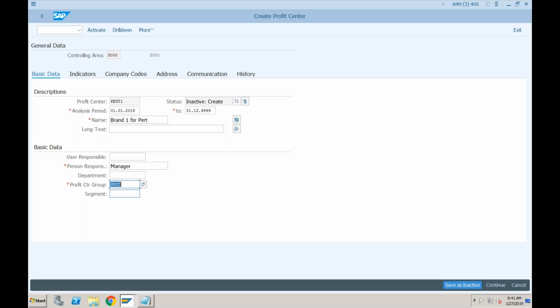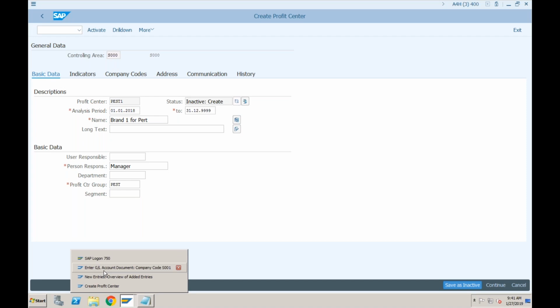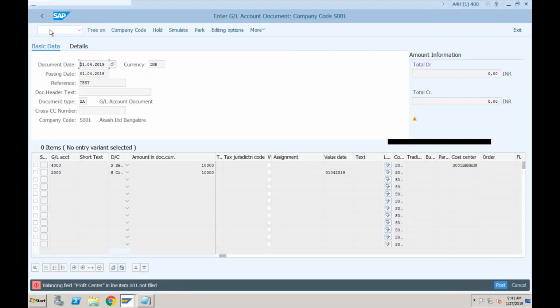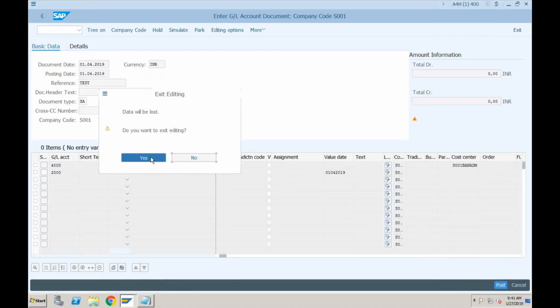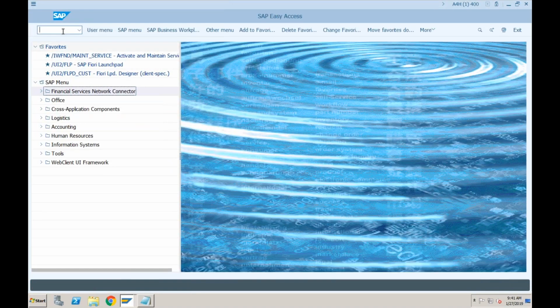Segment, again you can specify the segment here. So what we can also do parallelly is create the segments to build the entire end-to-end structure. Let me show you how to create a segment. Segment is not company code or controlling area relevant. Segments are created at the client level.